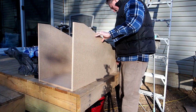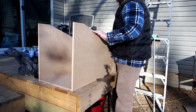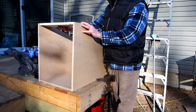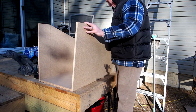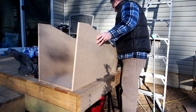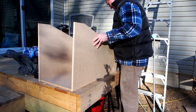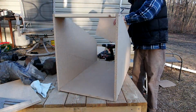Really, the only requirement is that it holds the screen, and that it can hold the computer and whatever else you have in there, like an amplifier or whatever. So it does not have to be this deep at all, or long, whatever. But the one benefit of having these bigger pieces, though, is the game does not move around so much when you're pushing on it. I wasn't sure that the aluminum legs I used were going to be strong enough, or that the box was going to be strong enough, but it was just fine. Everything, when it all screws together,